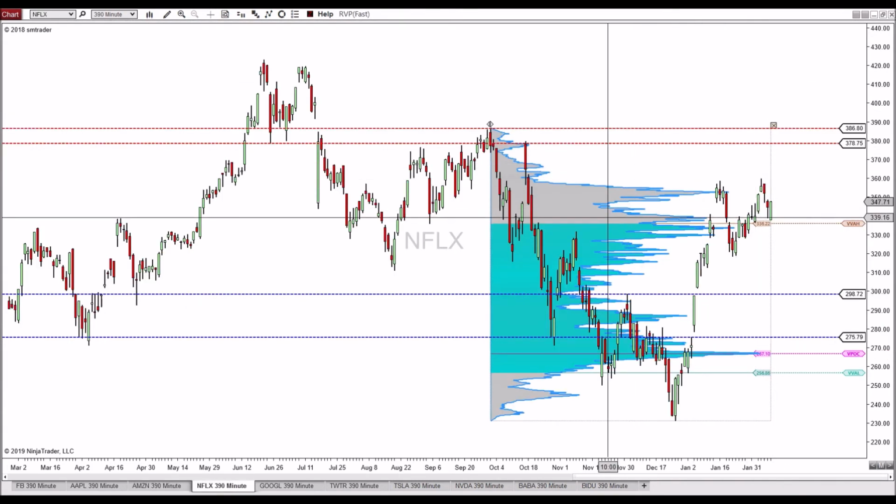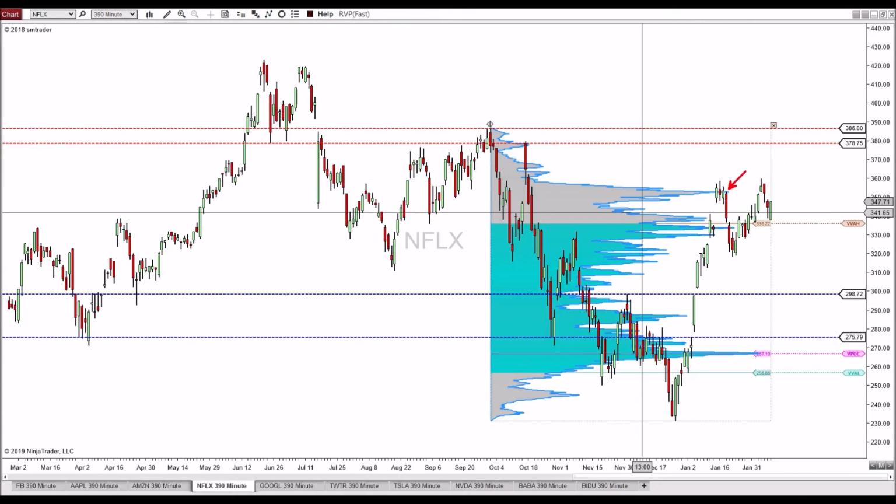Looking at Netflix here, it actually went down post earnings, three consecutive days. Initially before earnings, it was above this value area here. It broke out of this value area, and then post earnings, it came back in. And it seems to find some rejection here in this value area, so it pushed back up